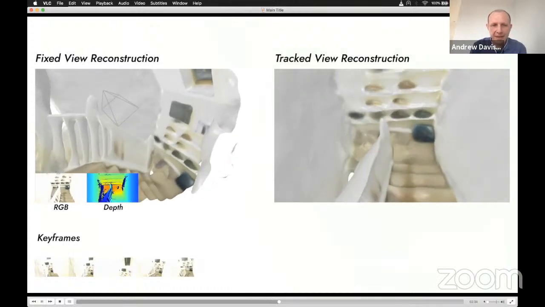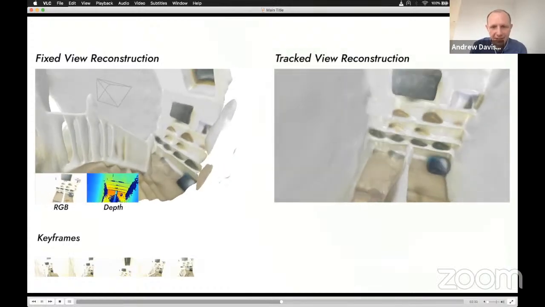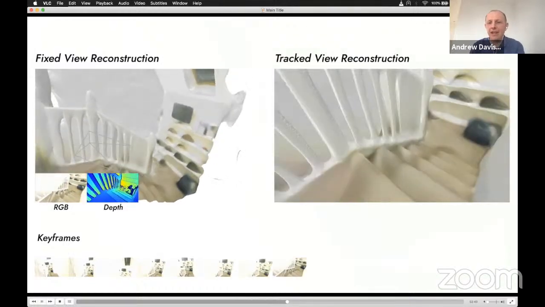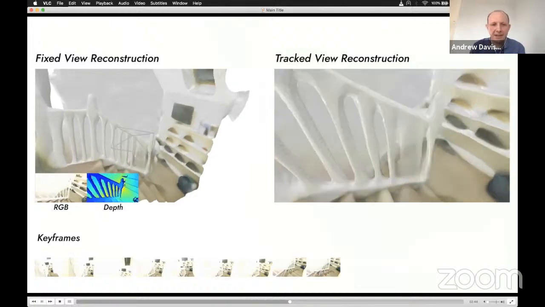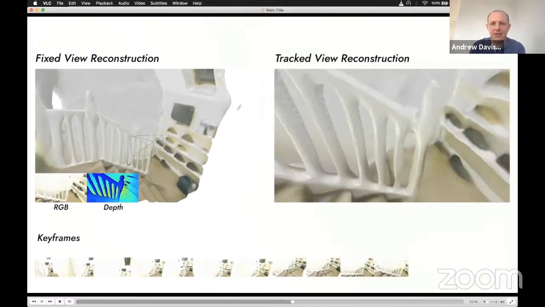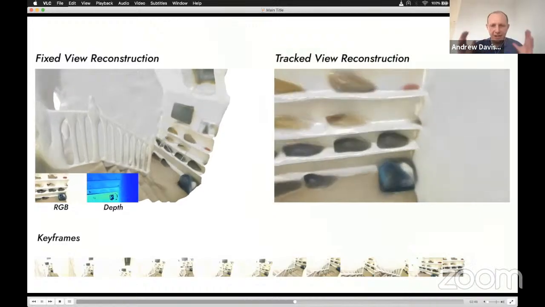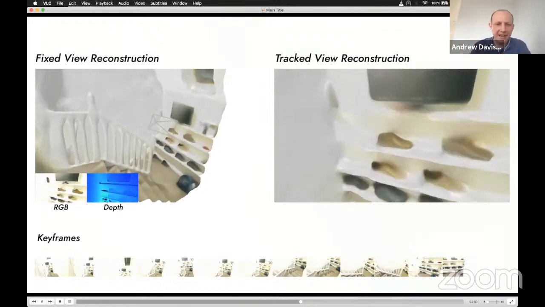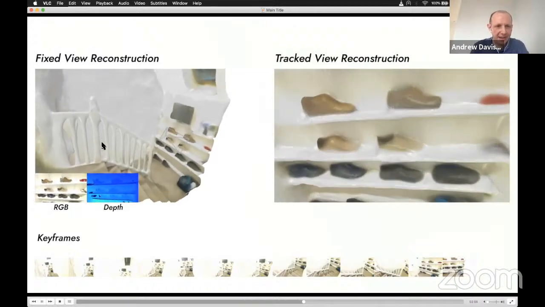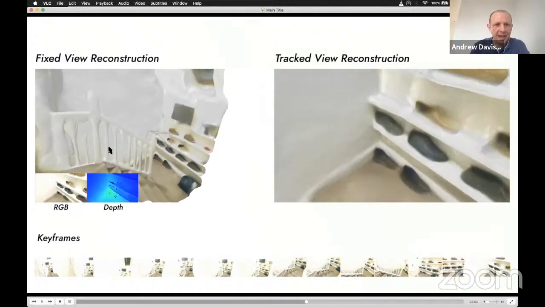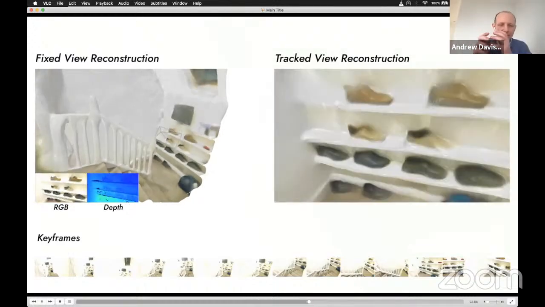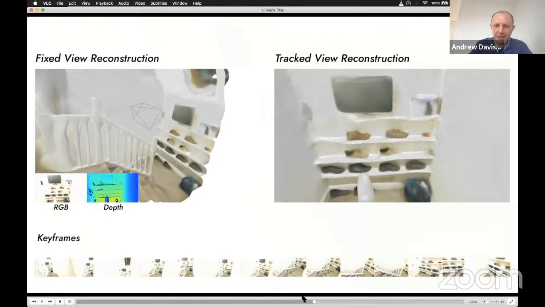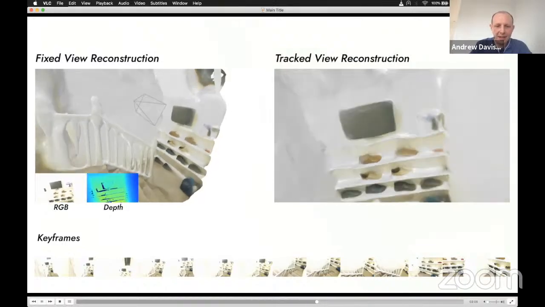Here's just another example, which I think is quite interesting in terms of showing some of the characteristics of this. Obviously, this is a relatively low resolution scene representation at the moment, but it has very interesting properties of very quickly converging to the main shape of the scene and then adding in detail later. So you saw that with this staircase, these banisters were initially a solid block that gradually got carved out.